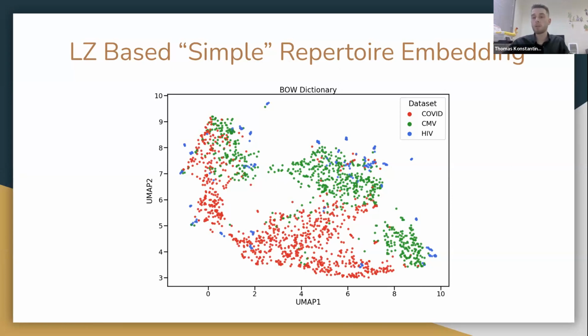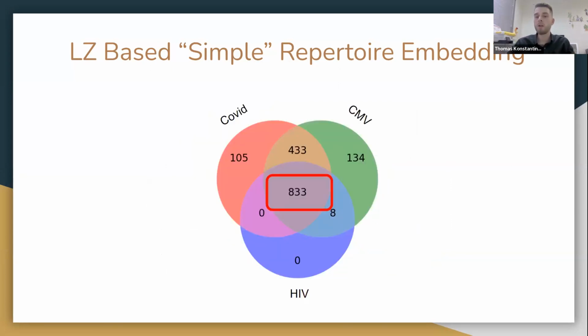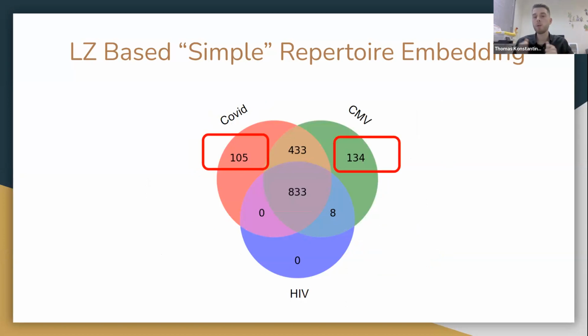Now, it's important to know that the projection is based only on the union of the sub-patterns, only the sub-patterns that weren't common. But we see that there are sub-patterns that are unique to each dataset, to each condition, which by itself poses a really interesting question to analyze: what are those sub-patterns? Why are they appearing only in those datasets, and how do they distinguish those datasets from other datasets?